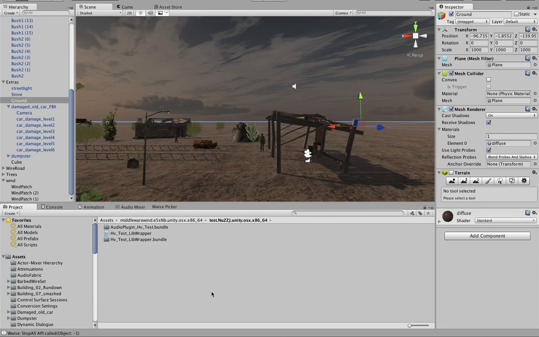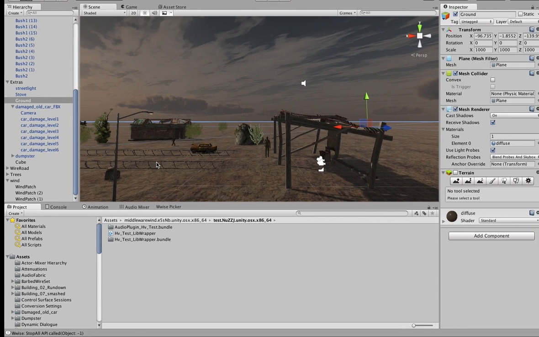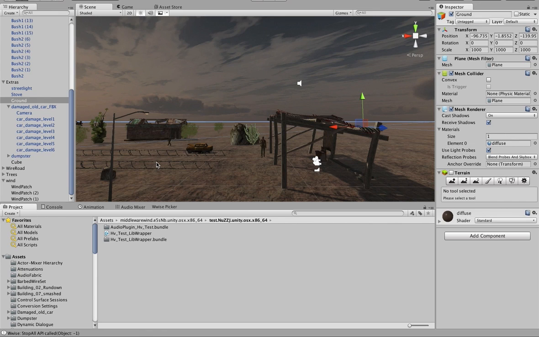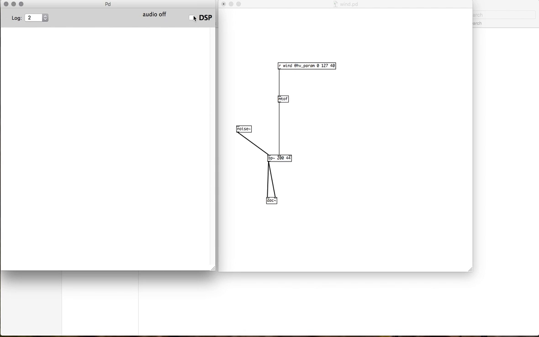The next bit I want to talk about is something I actually did in Pure Data. Pure Data is also made by the same guy that did Max/MSP. Brilliant free software that isn't used enough in games. This is my patch just here. It's a very simple patch. If I were to turn on the output just here,